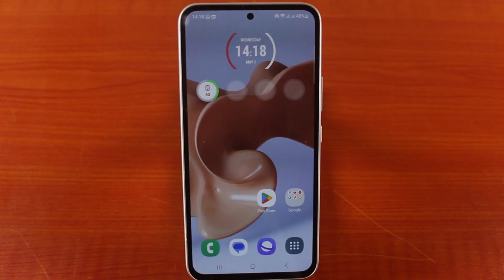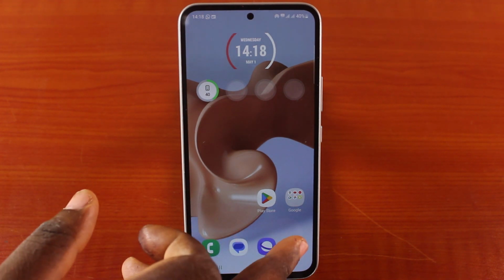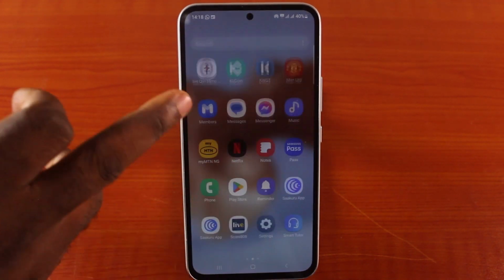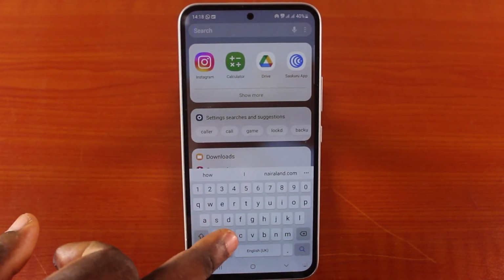In this video, I'm going to show you how to use hidden applications on your Samsung phone. If you hide some application on your Samsung phone from the home screen or the app screen, you'll not be able to have access to the application on your Samsung phone. Even when you use the search box and search for the application, let's say